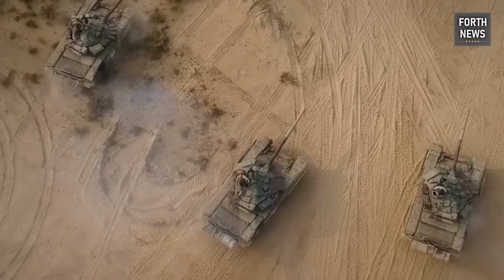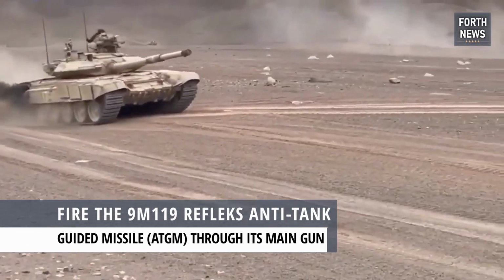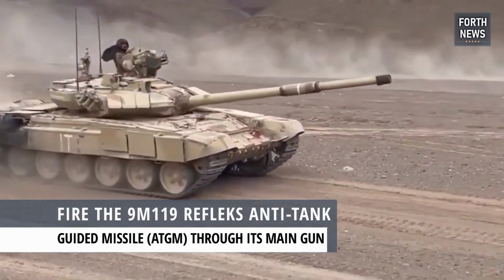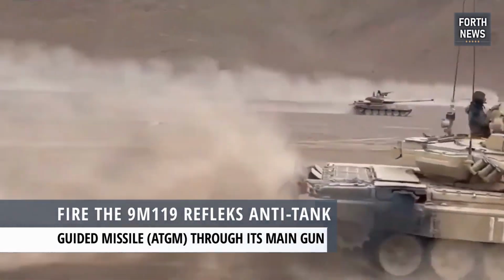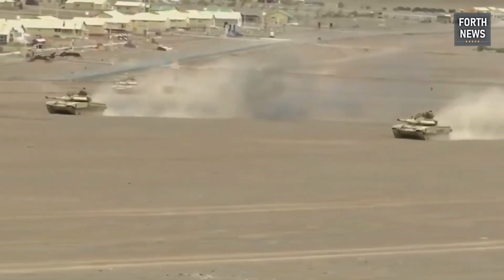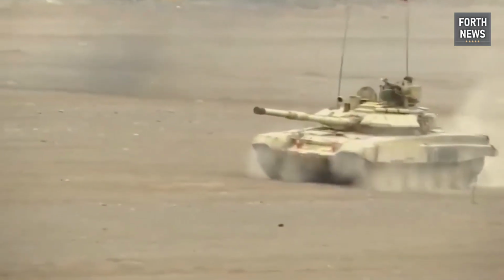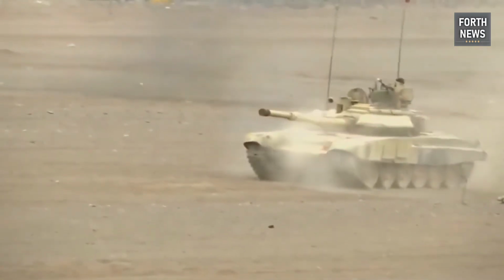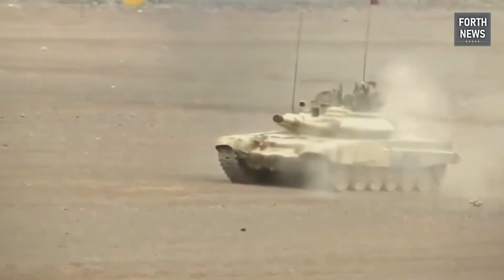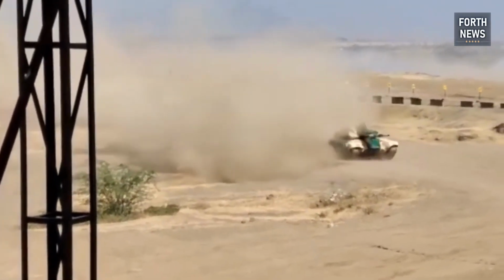One of the remarkable features of the T-90 Bhishma is its ability to fire the 9M119 Reflex Anti-Tank Guided Missile, ATGM, through its main gun. This capability extends the effective range of engagement, allowing the tank to strike targets at distances of up to 5 kilometers. This feature not only enhances the tank's effectiveness against armored threats but also provides it with a significant edge